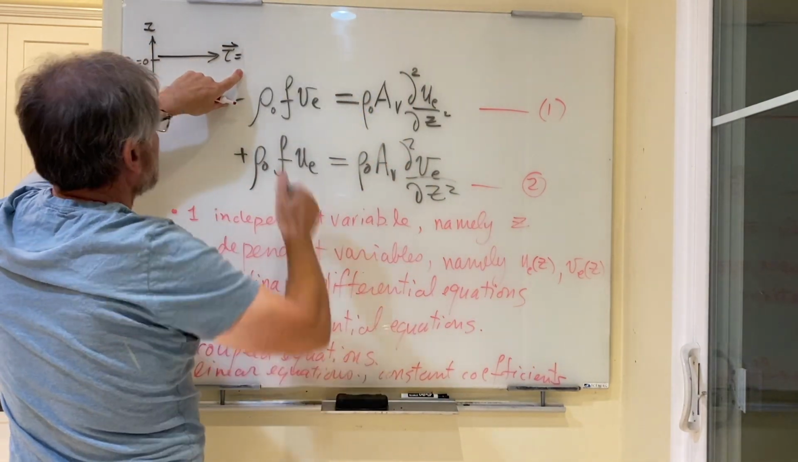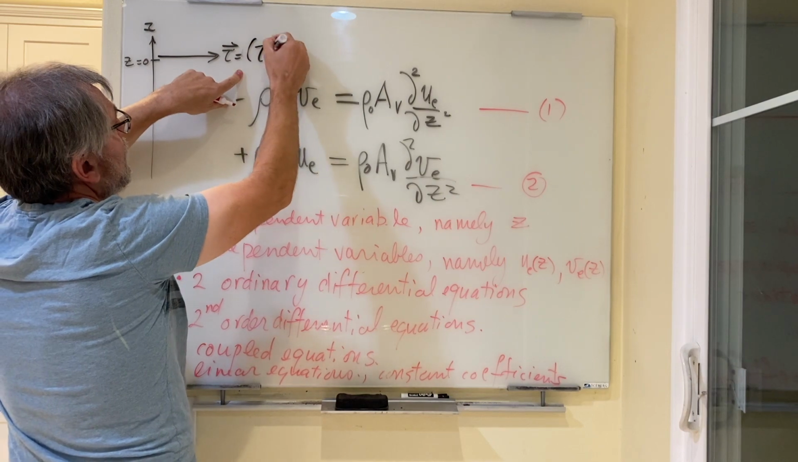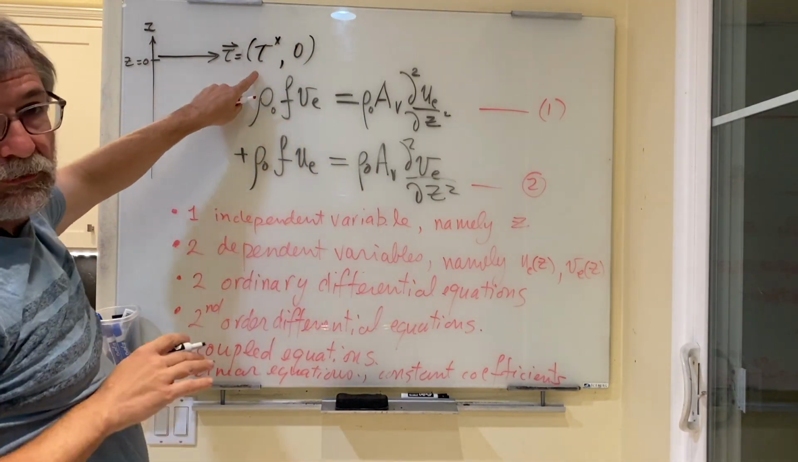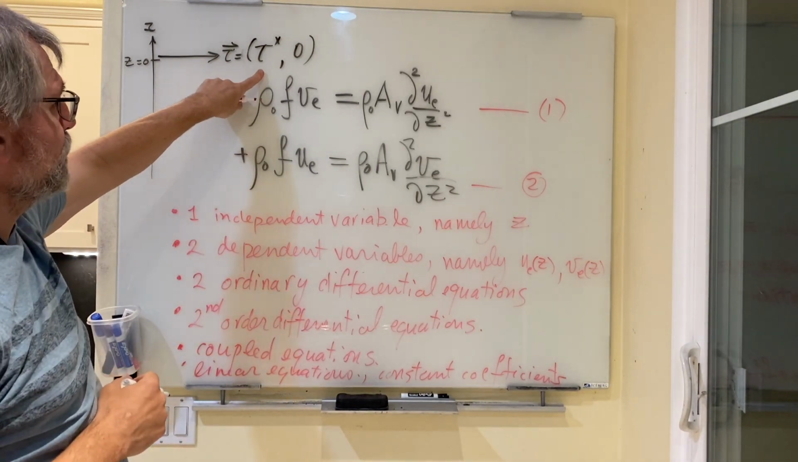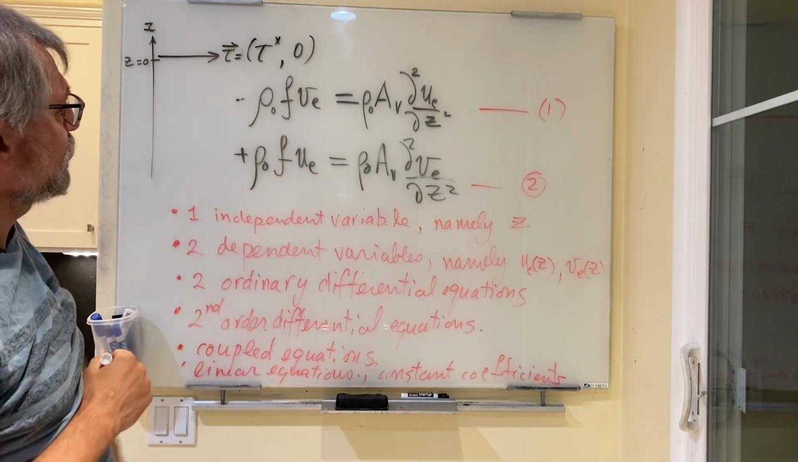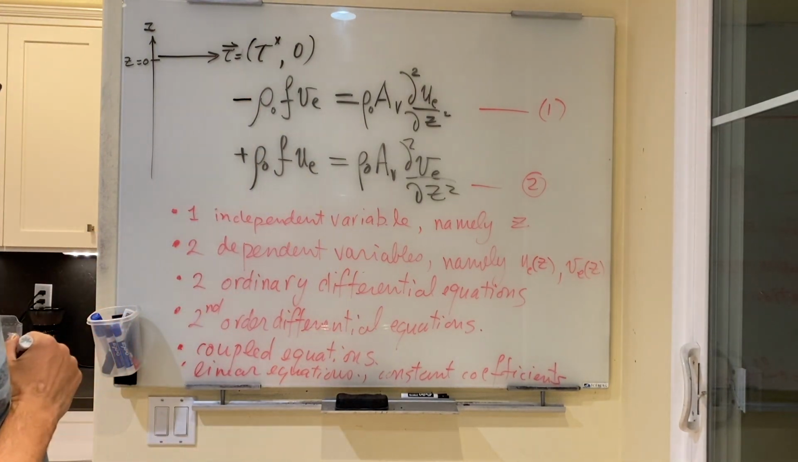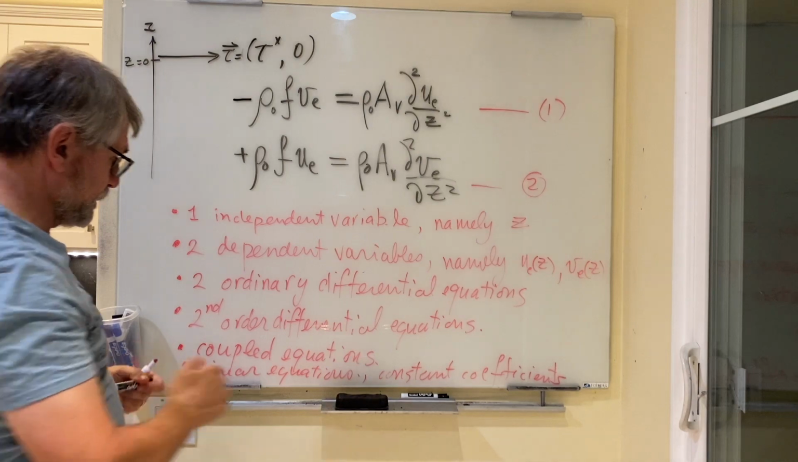This tau will be tau x and 0. So the horizontal stress at the surface will be totally in the x direction, just to make the problem simpler. So we'll assume there's no northward component of the wind stress in this problem. And so the boundary condition is going to be